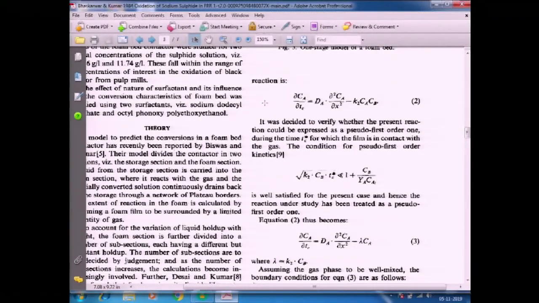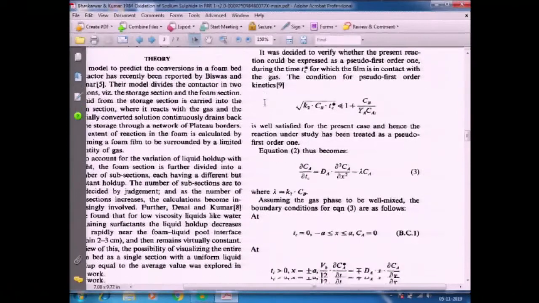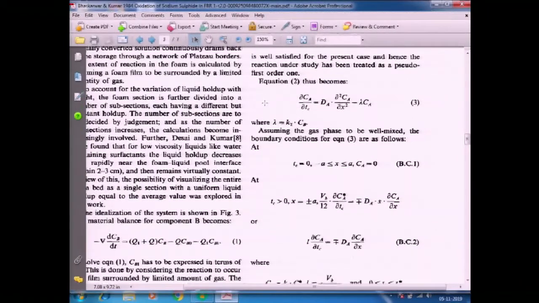And this required one initial condition and two boundary conditions, and those are given by these. We make use of the symmetry of the foam film. That means, if we place a coordinate frame with origin 0 0, or in this case x equal to 0 at the mid plane, that means the two surfaces will be at x equal to plus a and minus a.